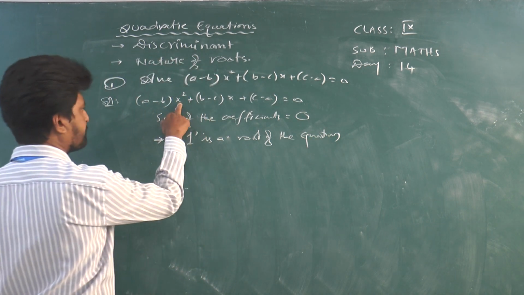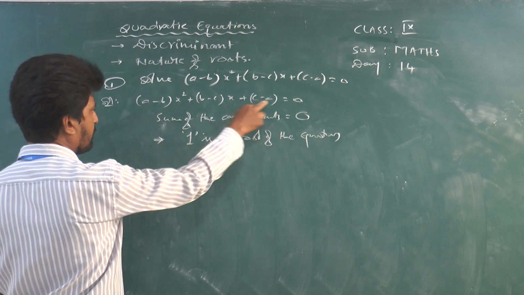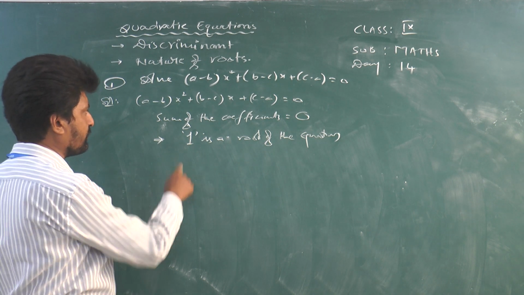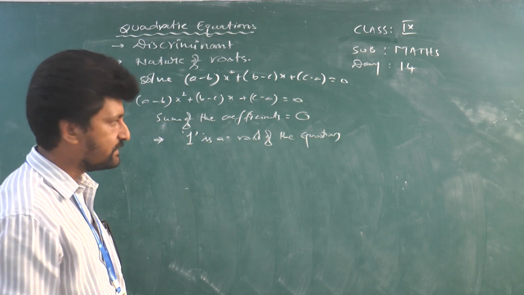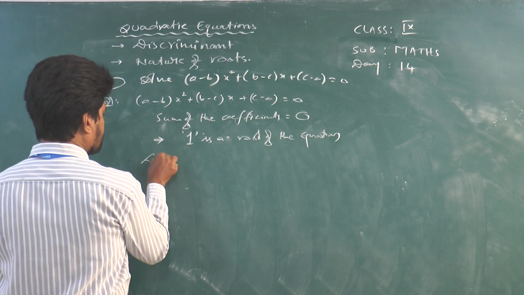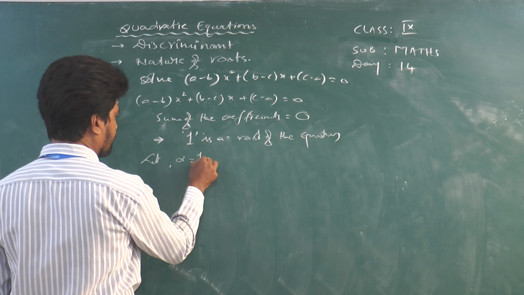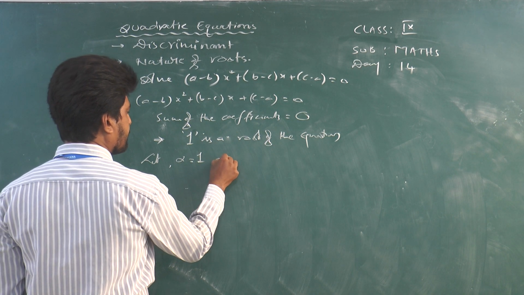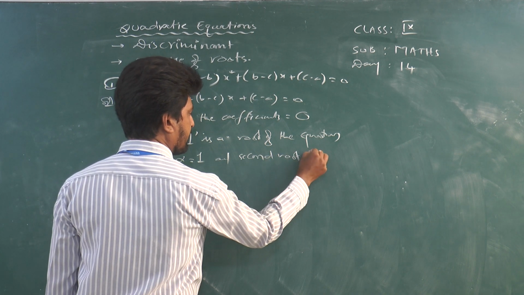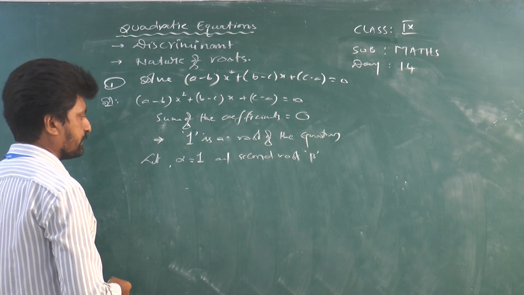That means if you put x value 1, 1 square nothing but 1, and here also 1. Now simplify left hand side, we are getting 0. That means x is equal to 1 satisfies that equation. That's why 1 is the root of that equation. And another root we want to find. Let us suppose that already we got one root, what is that? 1. Let it be 1. Okay. And the second root, let us suppose beta.